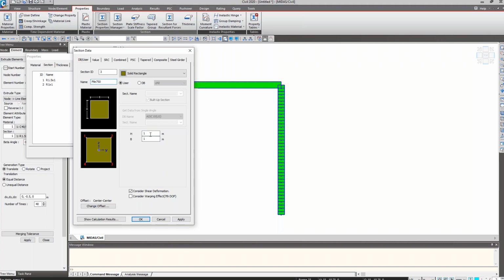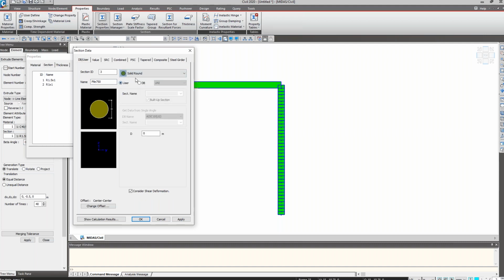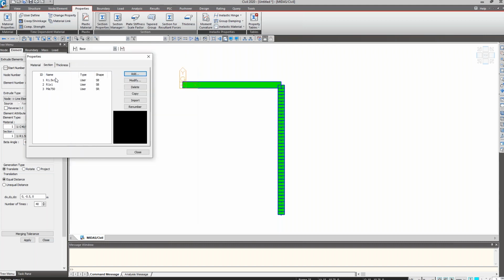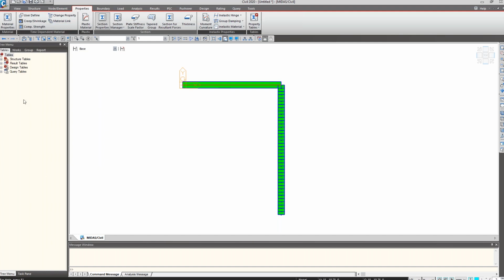So the piles are 750 mil diameter. I change the section tab to solid round, and then I just use 750 millimeters here, or 0.75 meters. Now we have the 3 sections to use in our model. We can just assign that by selecting the element, and one thing we can do is go to Works and just drag and drop the different sections